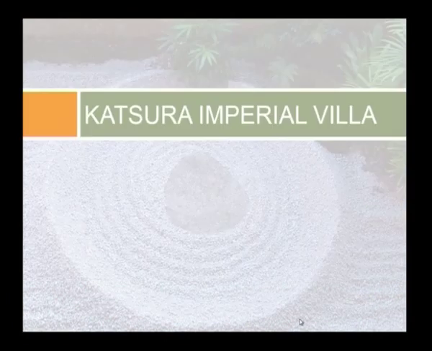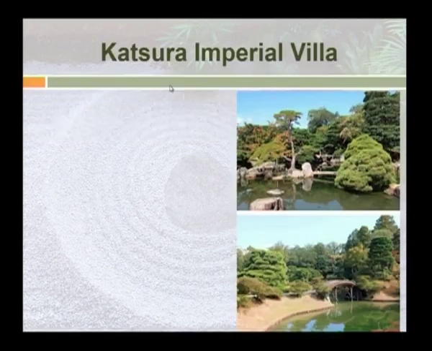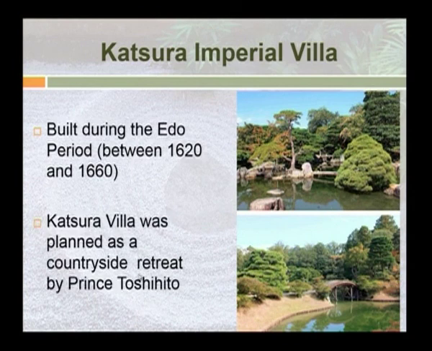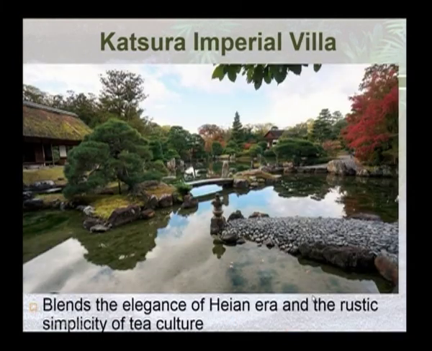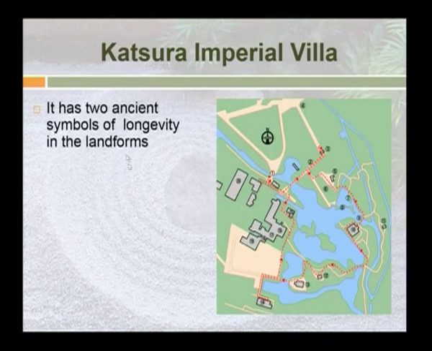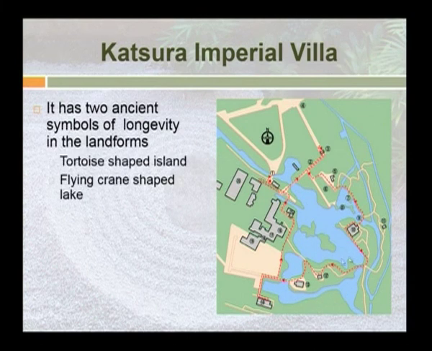The next example that we are going to see is the Katsura Imperial Villa. The garden in Katsura Imperial Villa was built during the Edo period, and it was built as a countryside retreat for Prince Toshihito. This garden design blends the elegance of the Heian era and the rustic simplicity of the tea culture, and this garden has 2 ancient symbols of longevity in the landform. There is a tortoise shaped island that is set in a flying crane shaped lake,